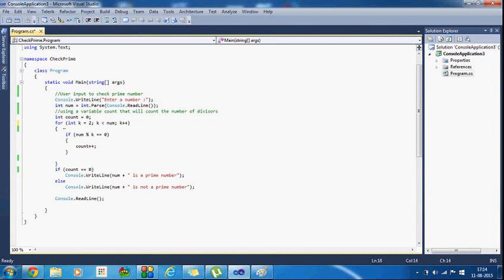So here I have taken a for loop. Why have I taken a for loop? Because here the number of iterations is fixed.